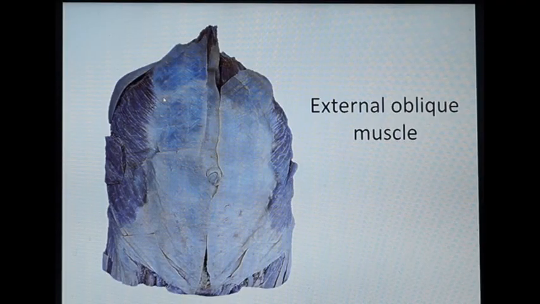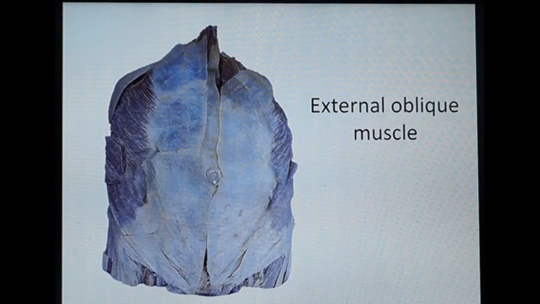This is a dissected specimen to show the anterior abdominal wall. Here the skin and superficial fascia are removed to expose the most superficial muscle in the anterior abdominal wall, which is the external oblique, present anterolaterally on either side. It gets origin from the lower 8 ribs as a fleshy part we can see, and it continues to form the aponeurosis, which forms a part of the rectus sheath, and it gets inserted about the xiphoid process,